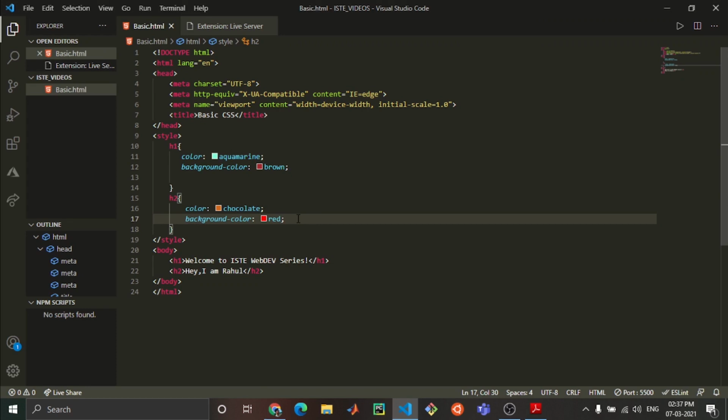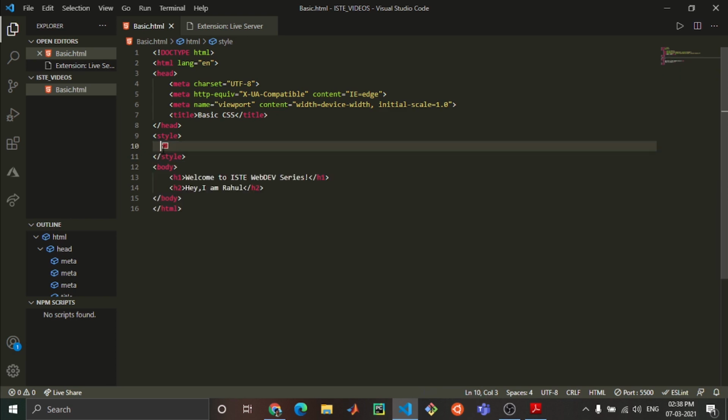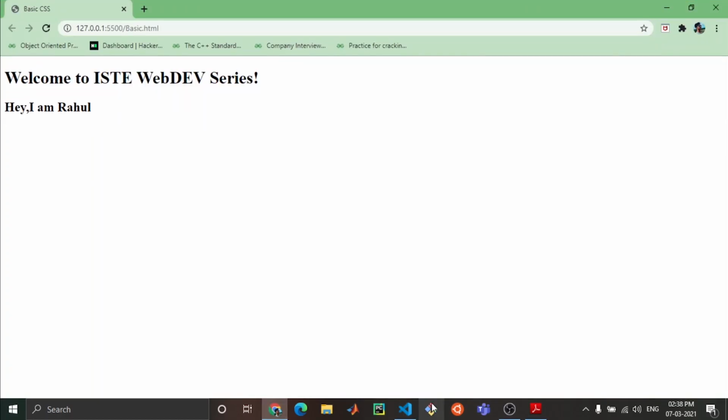Now I have written h1 and h2 as well, and both are just heading tags. Now I just comment it out, or I will just say what comment is also, and now I just remove it. Backspace I have entered. Okay, it is now normal.